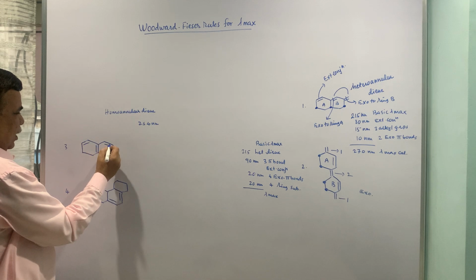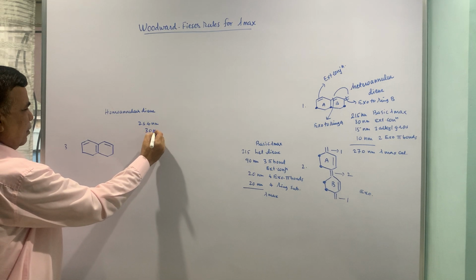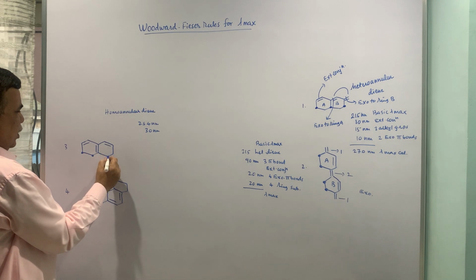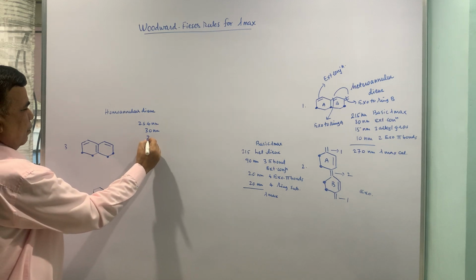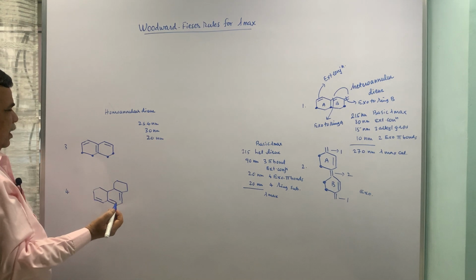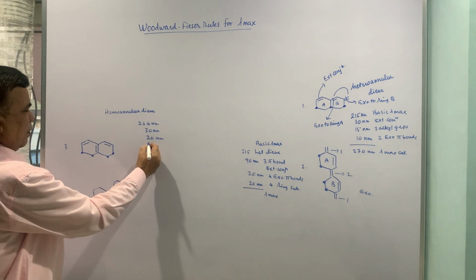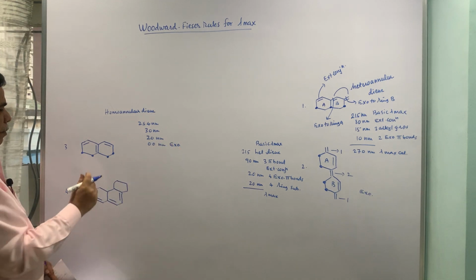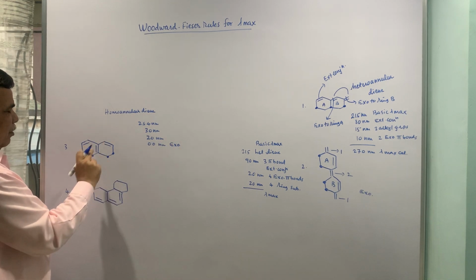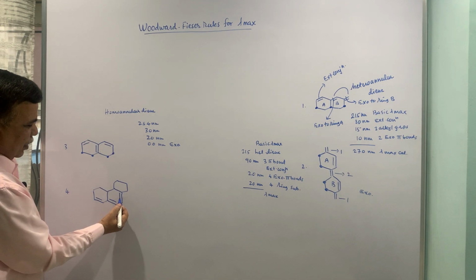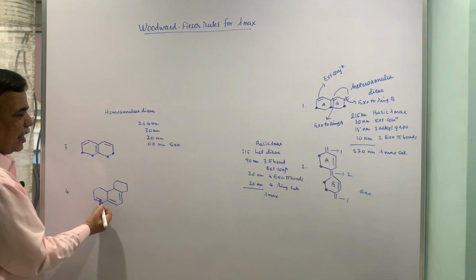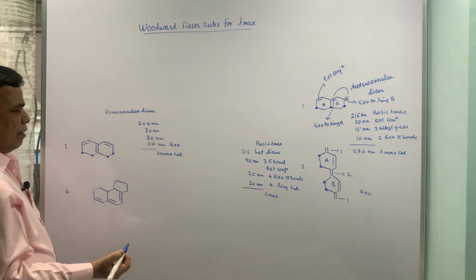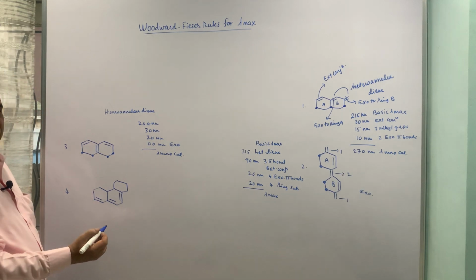Then 1, 2, 3, this is going to be extended conjugation. 1, 2, 3 and 4 alkyl substituents. Exocyclic, none. I am talking about exocyclic. Exocyclic means it should be at the ring junction, then only it will be exocyclic. Say this is exocyclic, this is exocyclic, this is not. That is the meaning of it. And then lambda max calculated. Okay. Then coming to the 4th example,